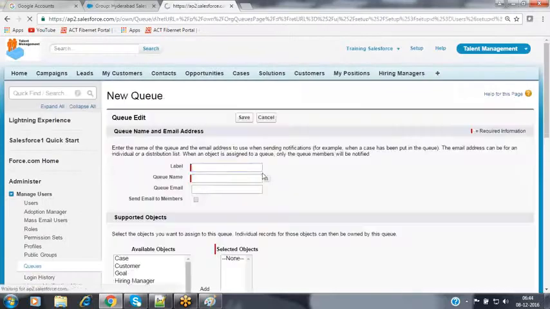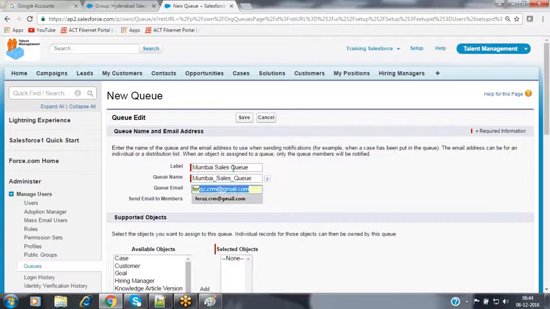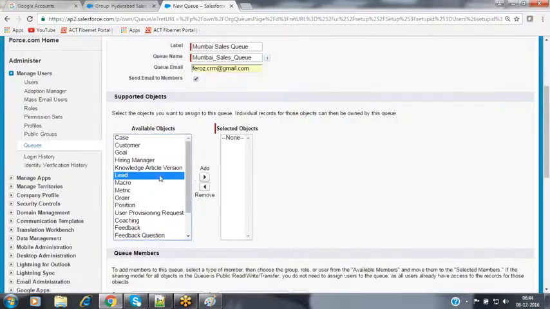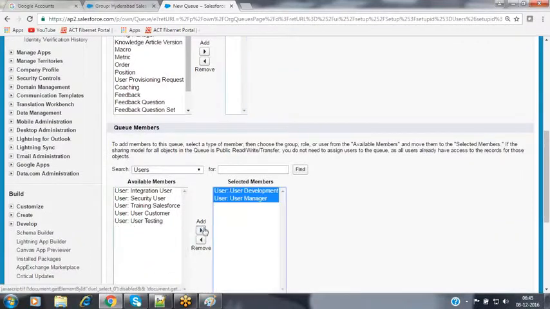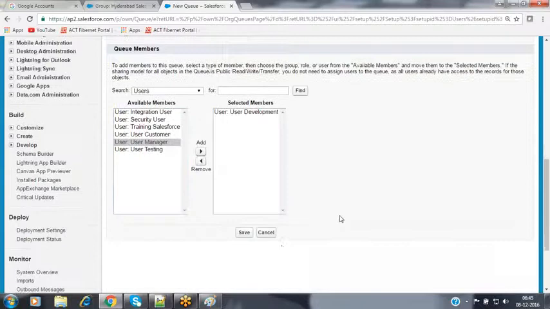I'm creating one more queue over here, that is the Mumbai sales queue. I'm adding my queue email ID, and I'm adding the supporting object, lead. I'm assigning the user development as a member for that queue.